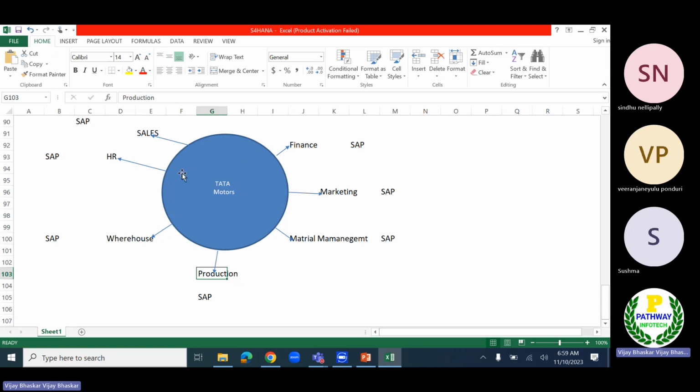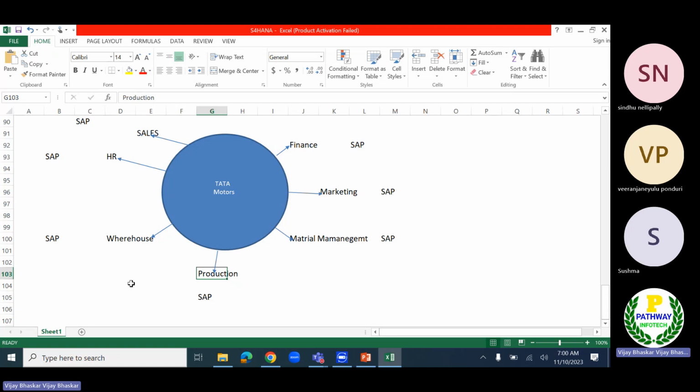All the information is available in one central database. Due to this, the top management and middle management will always focus on analysis and on how the organization can achieve its goals.